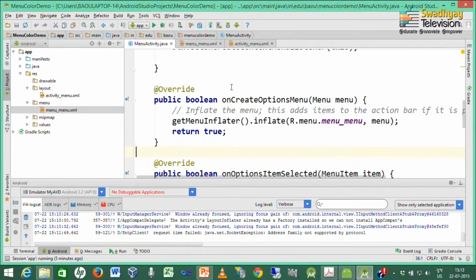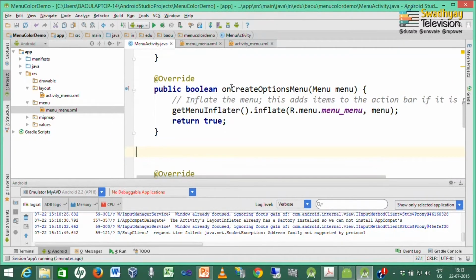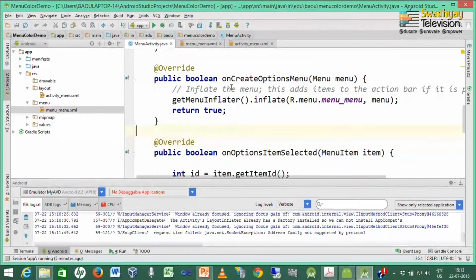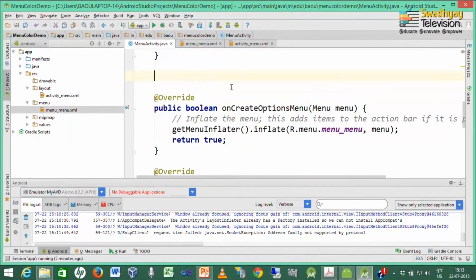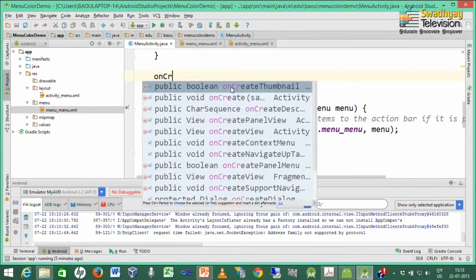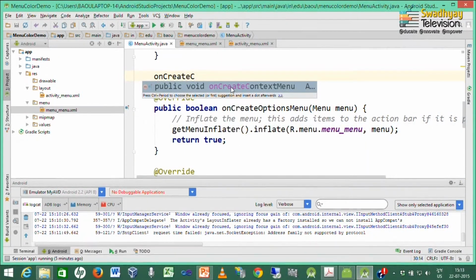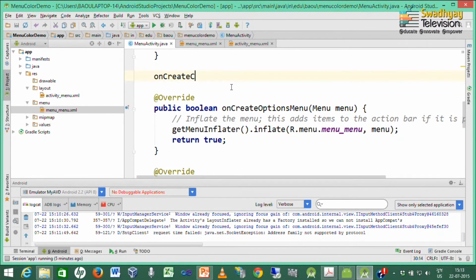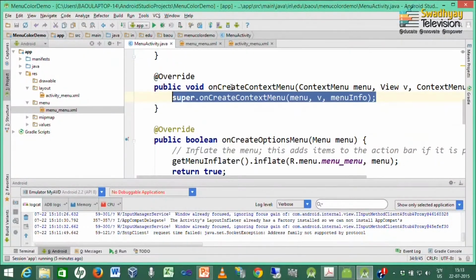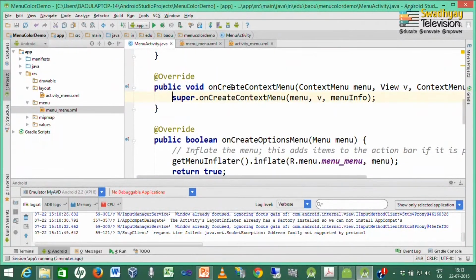Now I can write two methods, one to actually create this menu. So, here I write the onCreateContextMenu method, and inside this I call the same method of getMenuInflater.